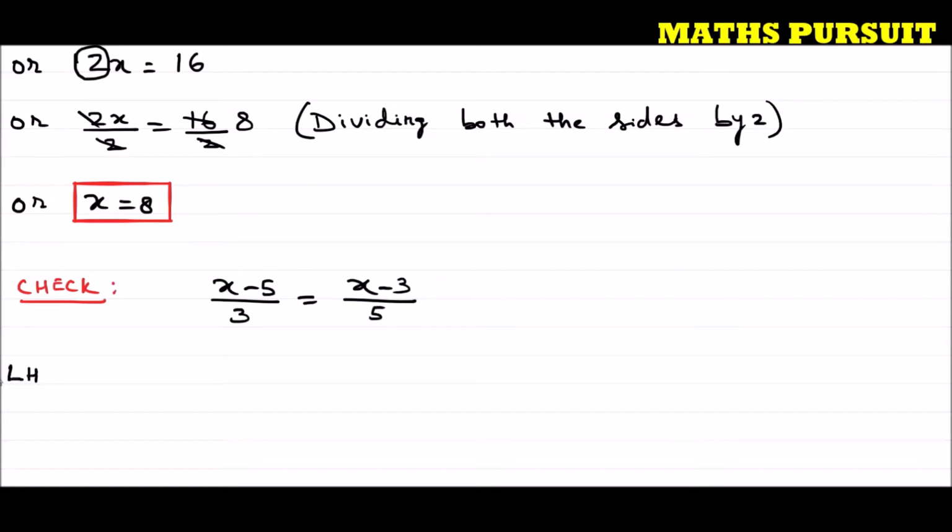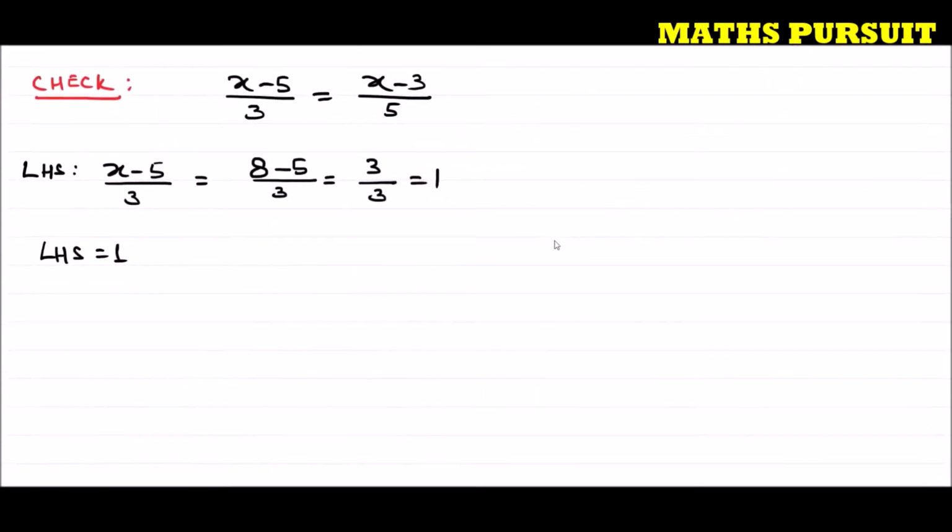Now let us solve the left side of this equation. We are going to find the result of the left side of the equation and the result of the right side. If we get both the left side and right side figures as the same, then our finding is correct. Therefore, we can say that left hand side is equal to right hand side, and hence it is verified. So the left side of the equation says x minus 5 divided by 3. That is equal to, replacing the value of x with 8, 8 minus 5 divided by 3. That is equal to 3 upon 3, that is equal to 1. So we got the left hand side of the equation as 1.